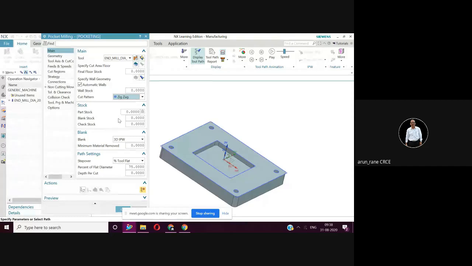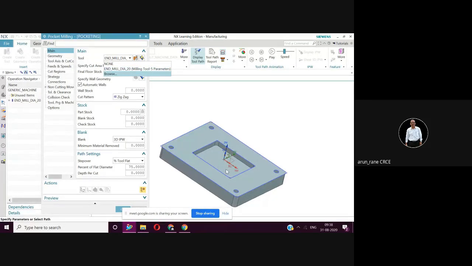Then here, percent of flat diameter. So now see, this diameter is how much? End mill dia 20, isn't it? So now this pocket area is more.